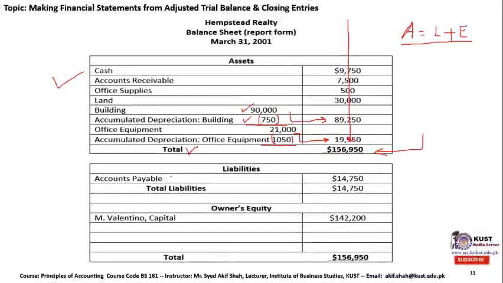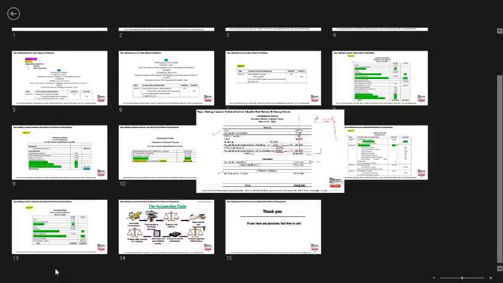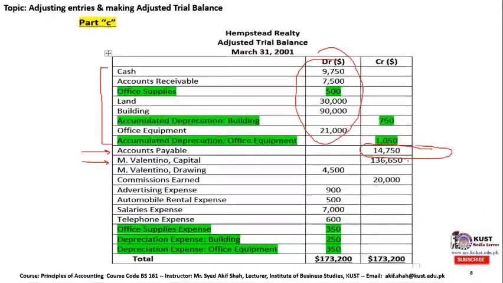Let's move ahead towards the balance sheet in a report form. The accounts payable was taken from the adjusted trial balance and written down in the balance sheet as $14,750. Since there are no other liabilities, the total liabilities for the company are $14,750. So the last portion of the accounting equation is the equity. We can give the owner's equity title, and the owner name is M. Valentino Capital. So let's go back to the adjusted trial balance and find out that the capital value over here is